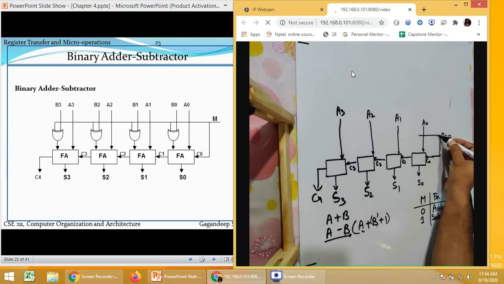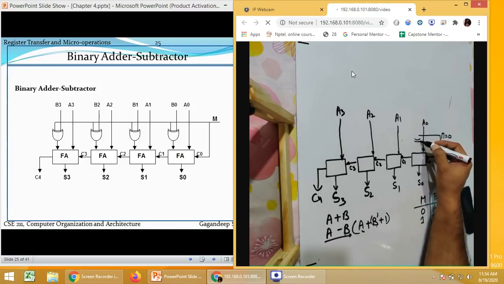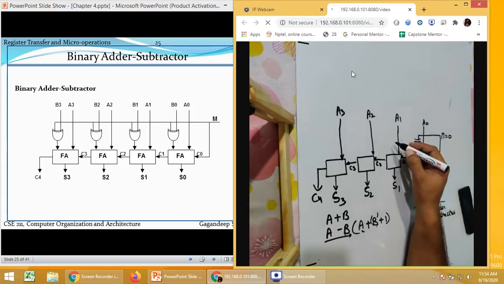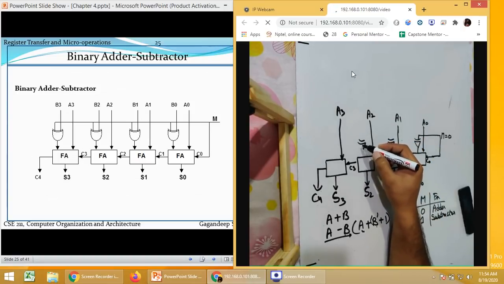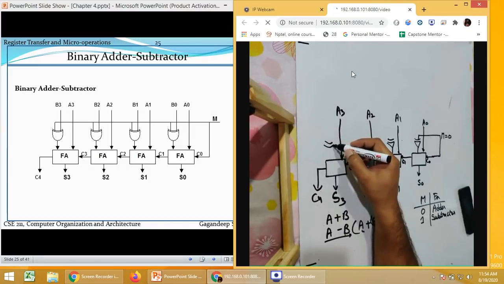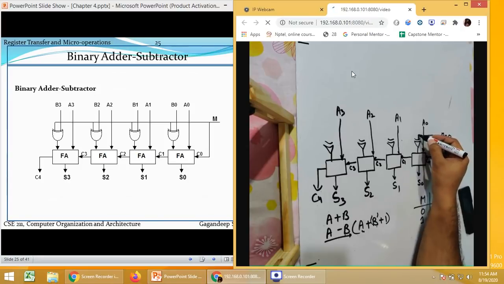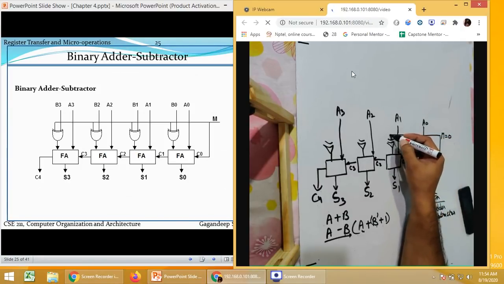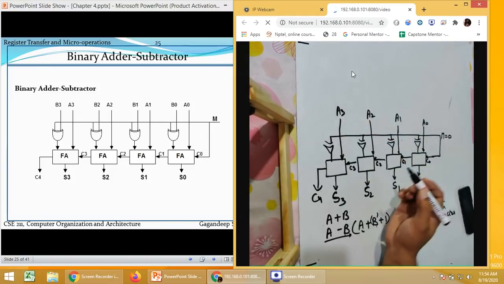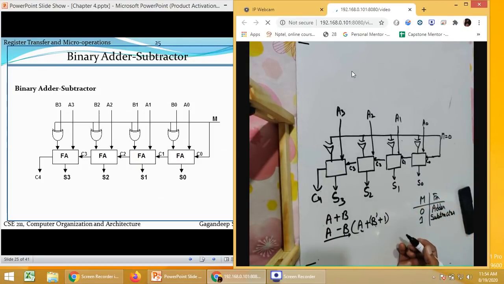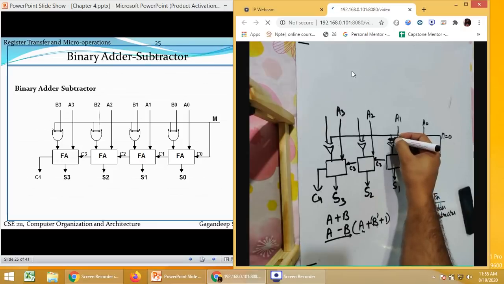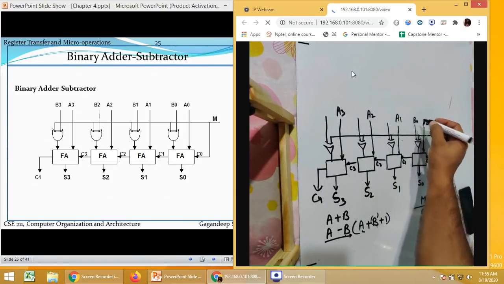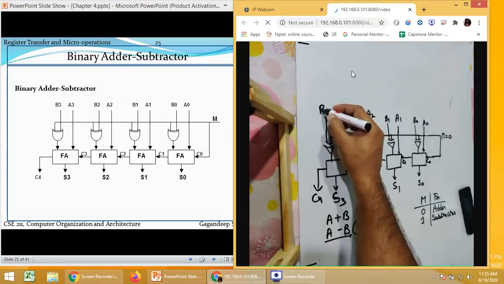Now at this place we are having a XOR gate. Its one input is connected with the value of M, and the second will be connected with the value of B. This is B0, B1, B2 and B3.